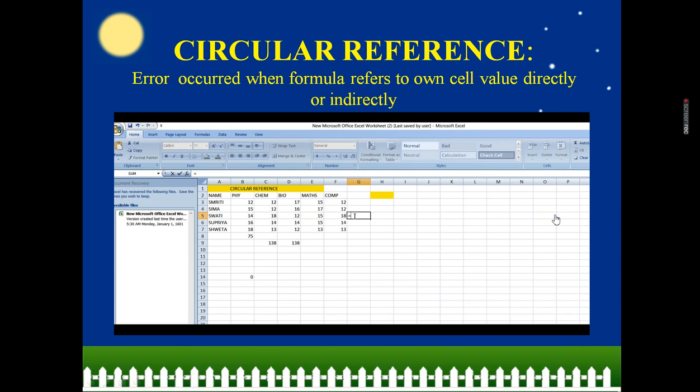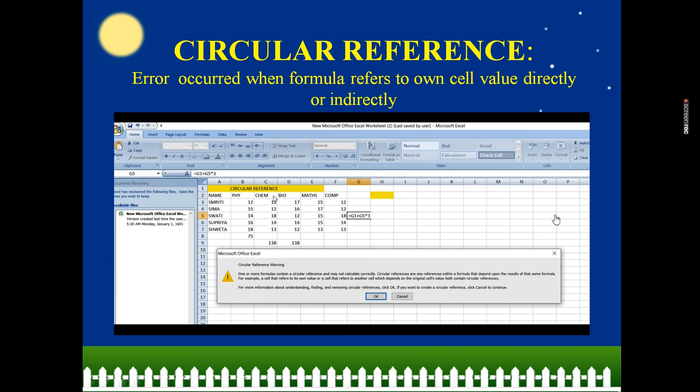Circular reference. It's the error that occurs when the formula refers to its own cell value directly or indirectly. If I am typing equal to G1 plus G5, where we are working in the cell G5 itself, and I have used the cell address G5, then it shows an error that it's a circular reference